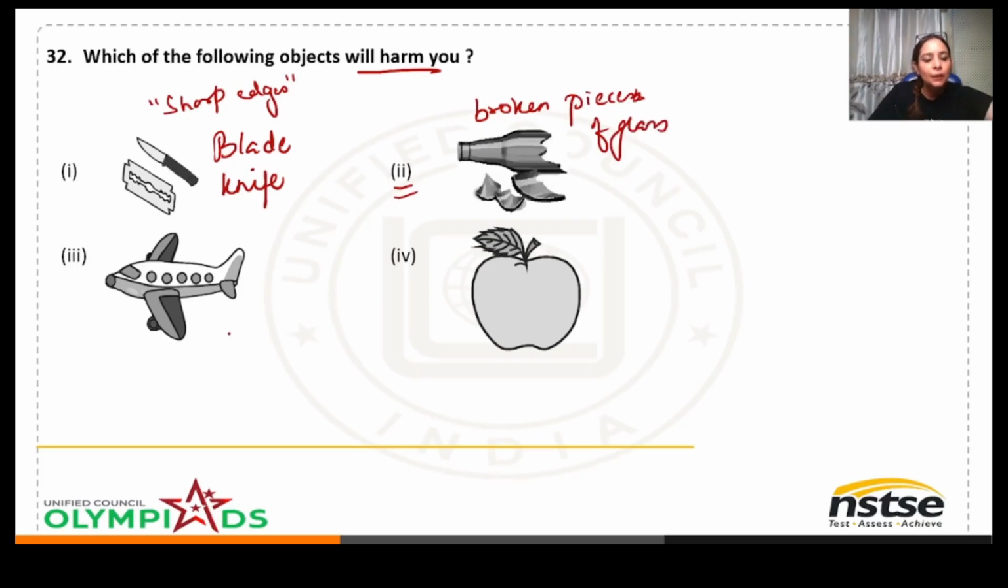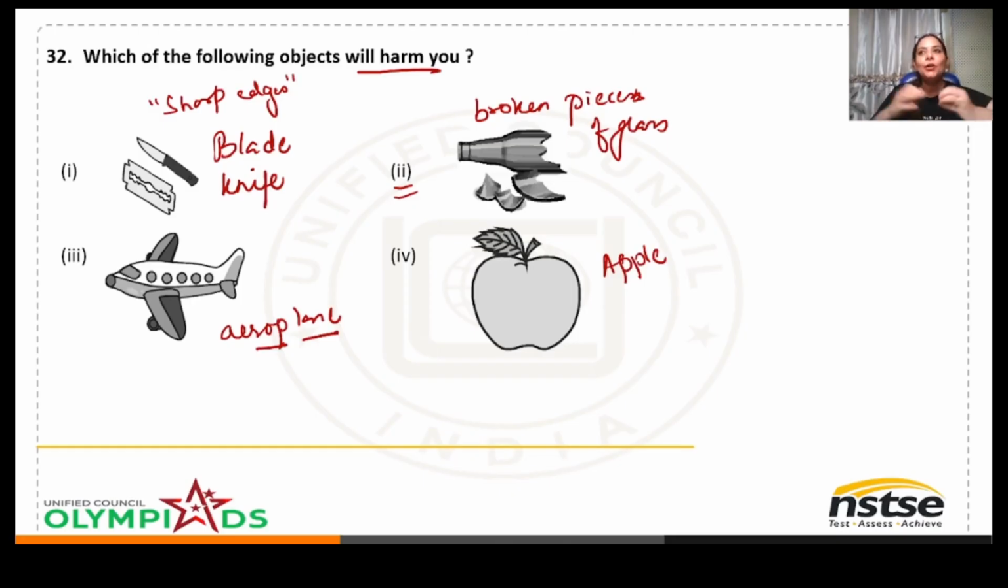Okay. Third one is aeroplane. We all love to fly on aeroplane. Okay. And the fourth one is your fruit, let's say apple. So which one is going to harm you? See, aeroplane doesn't harm you. Rather, it makes you very happy, because when you go through aeroplane, you are above the clouds and you get